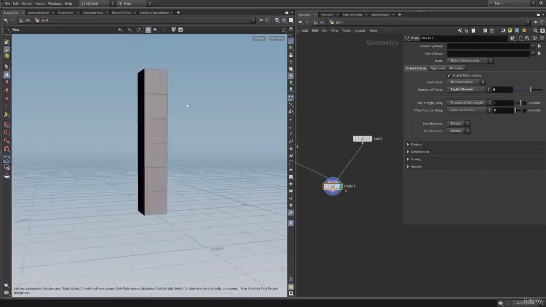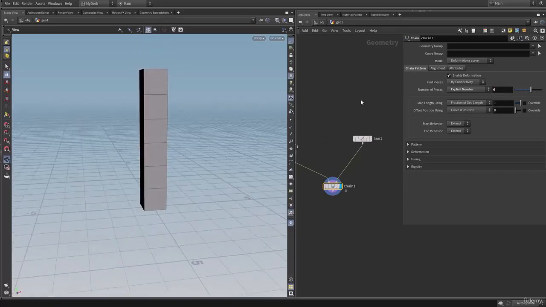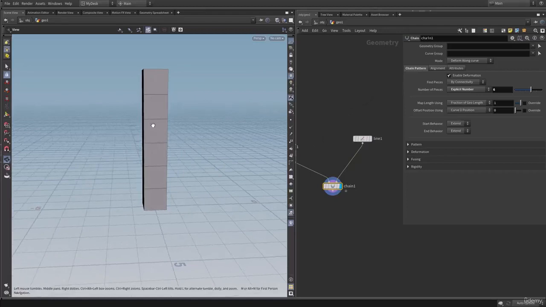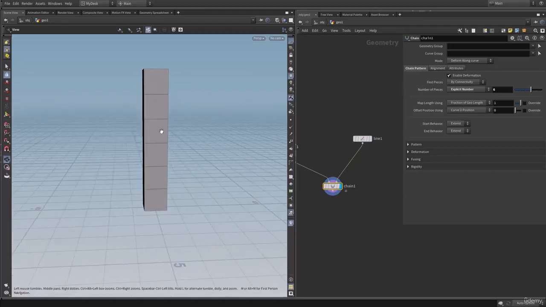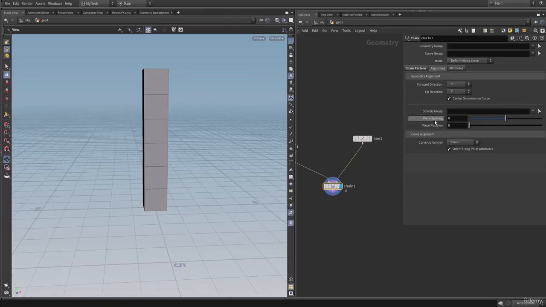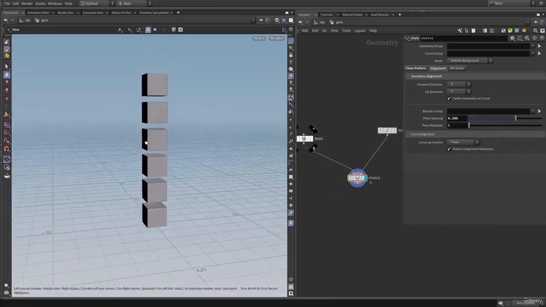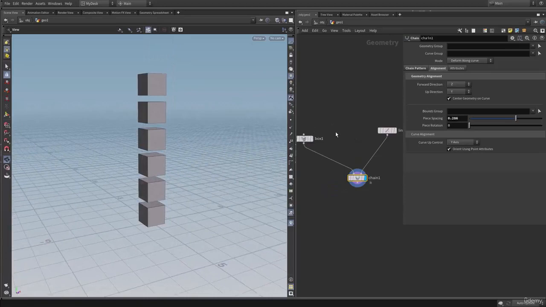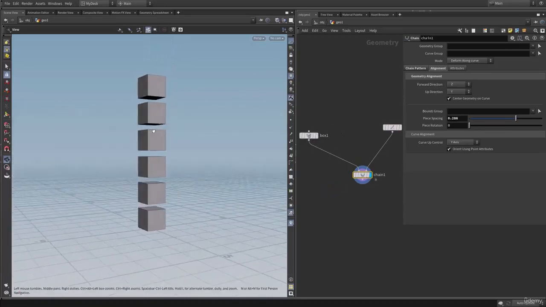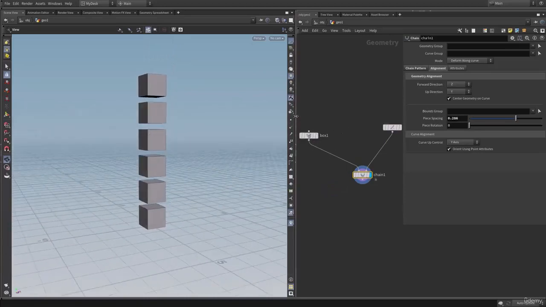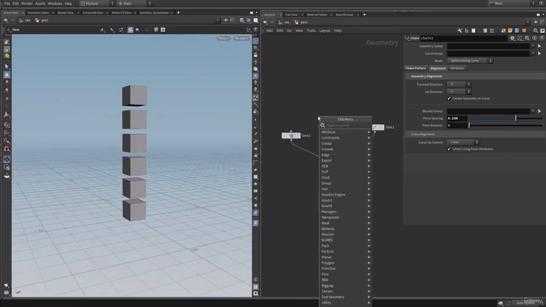So now here as you can see we have 6 boxes, and we can adjust the spacing of these boxes by going to the alignment. So here we have the piece spacing, so let's increase that. So here as you can see we have the spacing, and the chain SOP also recognizes multiple geometries input as well. So let's say if I connect a sphere,